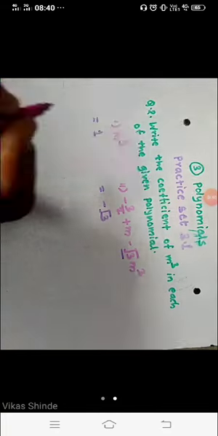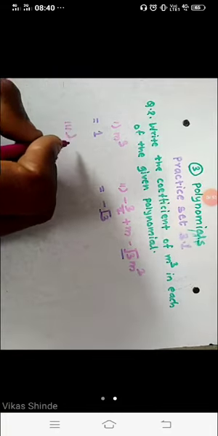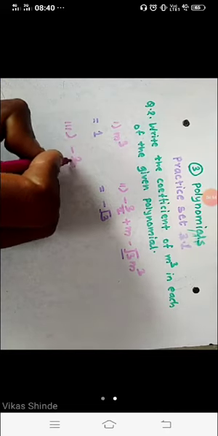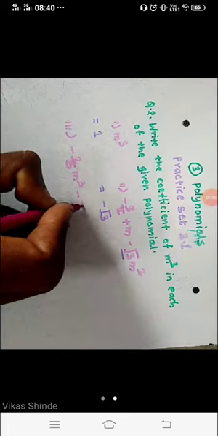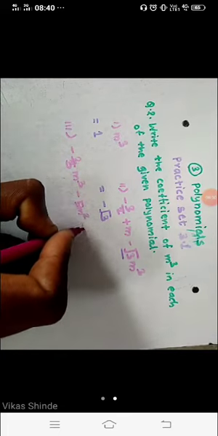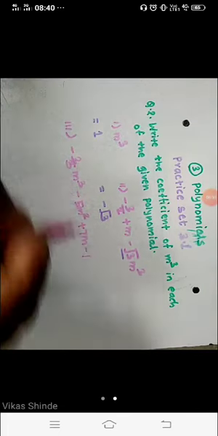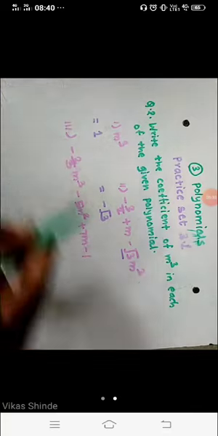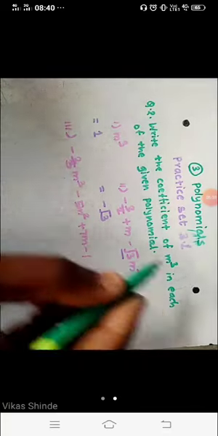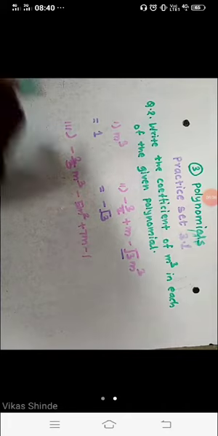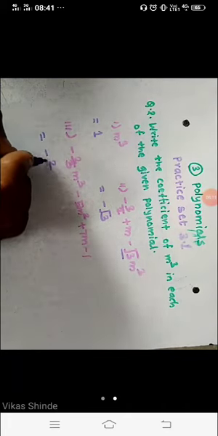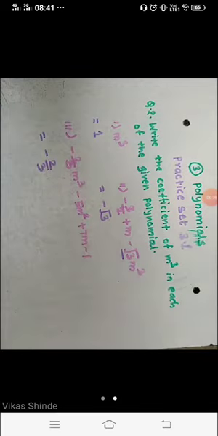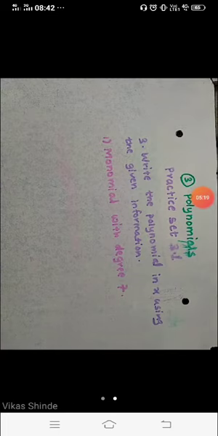Now the third one, sub question 3, I'm writing here minus 2 upon 3 m cube minus 5m square plus 7m minus 1. We have to write only the m cube term's coefficient. So here, minus 2 upon 3 is the coefficient of m cube. Okay students, now see the next question.